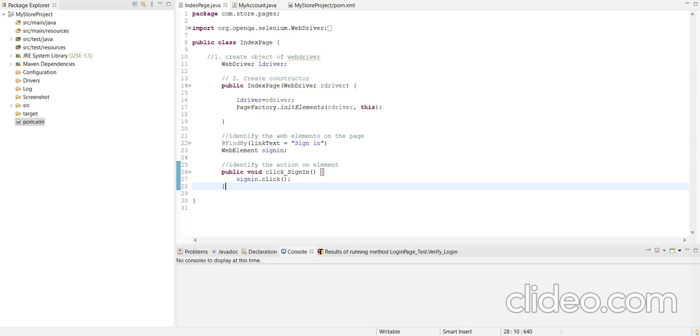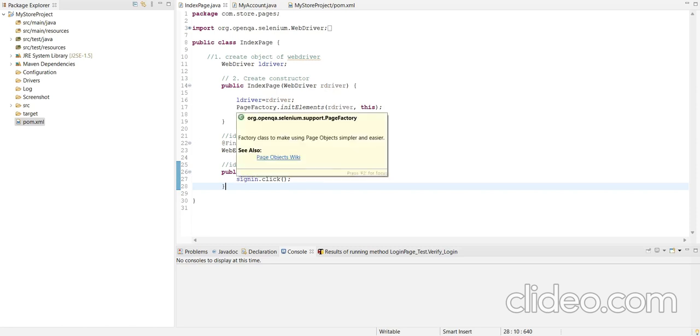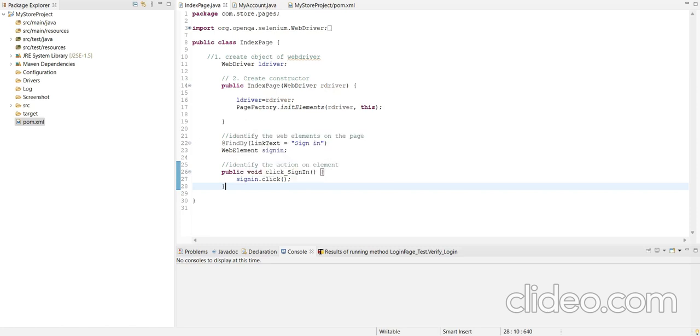So we have created one constructor, IndexPage, and here we pass the driver object as a parameter. Then we initialize the local driver to the remote web driver. Then we have to initialize the elements, so we use the PageFactory class and its initElements method to initialize the web elements. Then we locate this button.